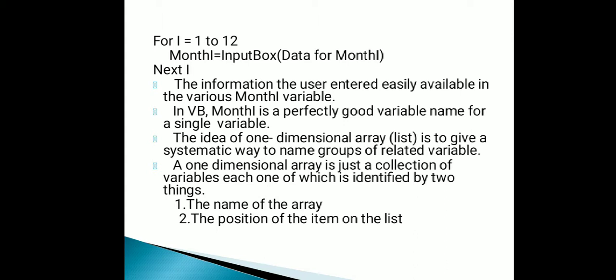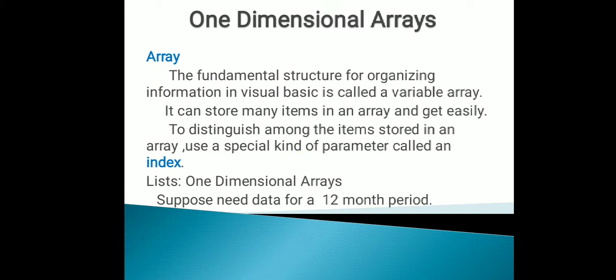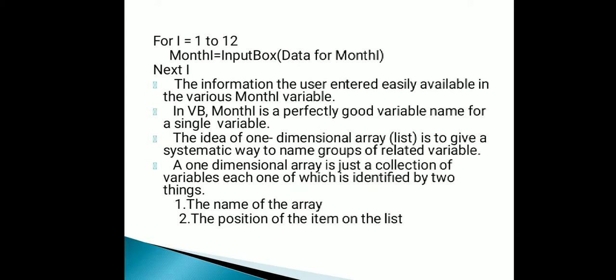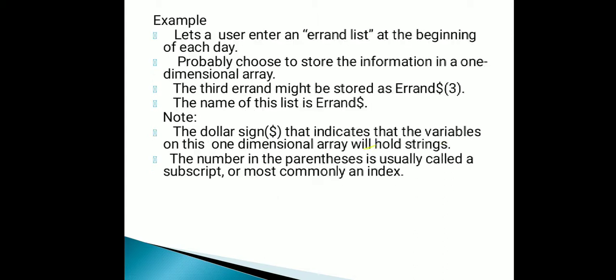I already explained this in the index. So the index value is used to get the position of the element, the position of the element in an array. So we can set the position in the item list.